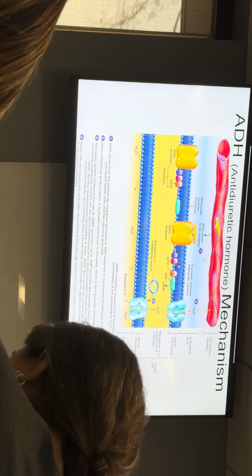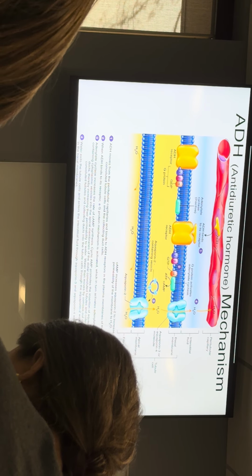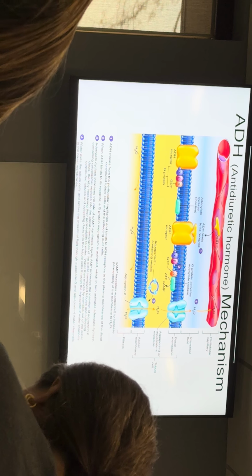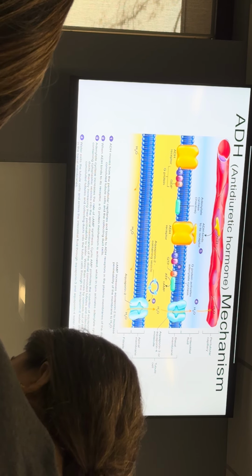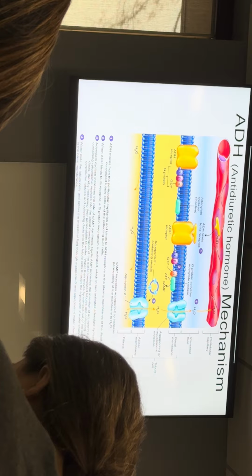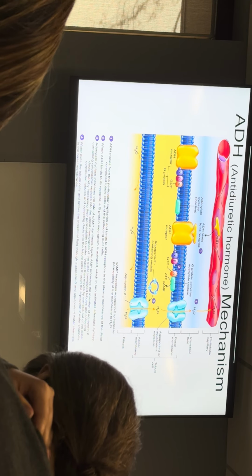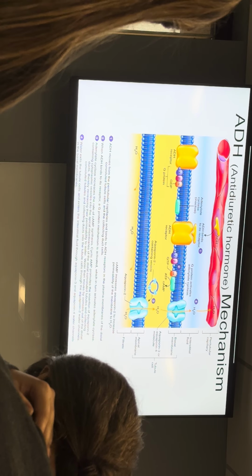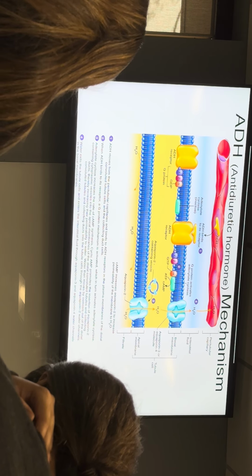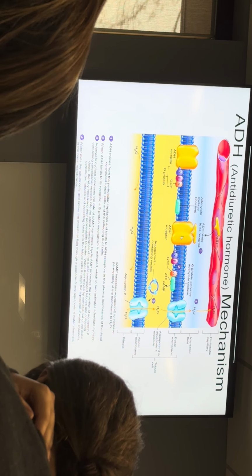And so your antidiuretic hormone is actually really released from your hypothalamus, because the cell body that senses, that gets a signal that you have low blood pressure, is in the hypothalamus, then it sends its axon down to the posterior pituitary that then synapses with the capillary bed. So it's really the hypothalamus controlling this. Hypothalamus will release antidiuretic hormone into the posterior pituitary, and antidiuretic hormone is water soluble. So it cannot cross through the cell membrane. So it will bind onto your G protein coupled receptors, which are membrane-bound receptors.